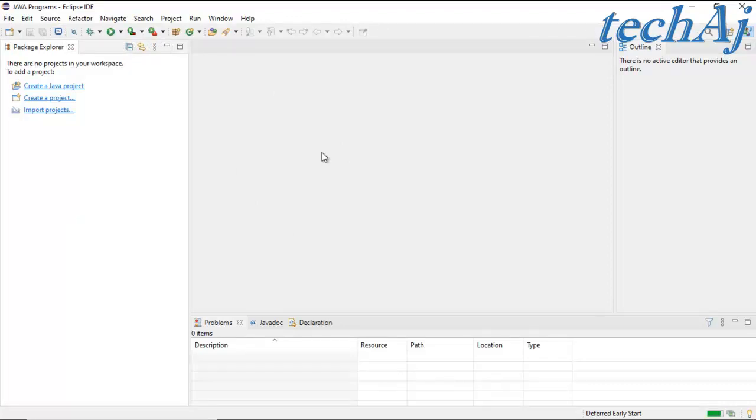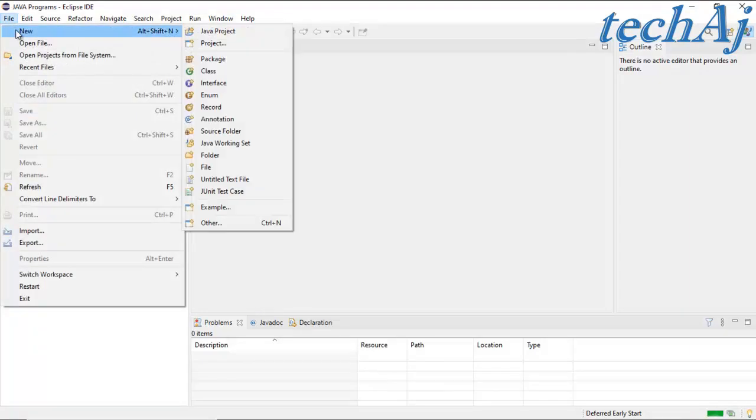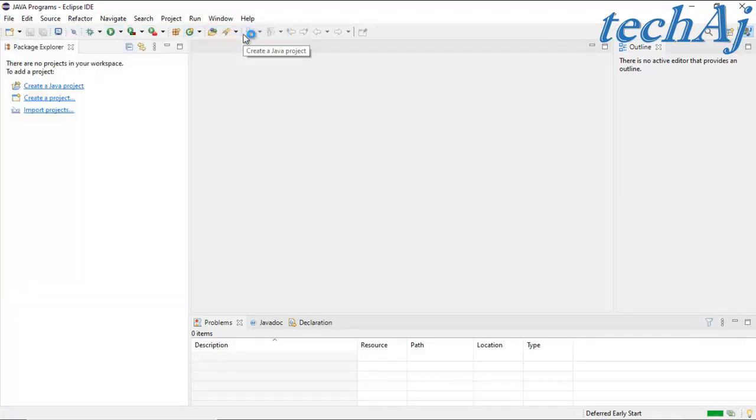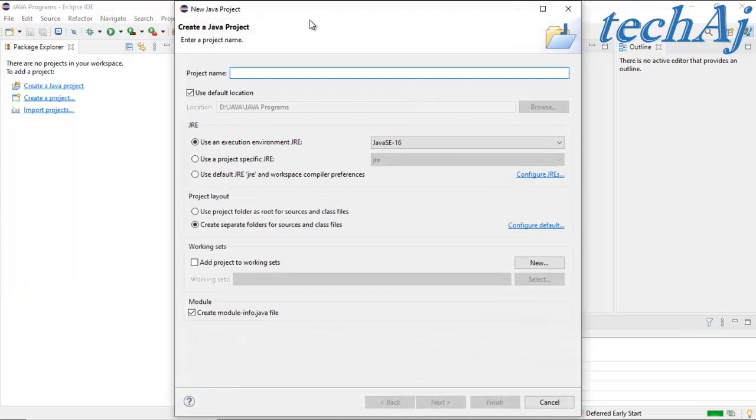Now to create a project, go to File, New, and select Java Project. It will open a new window where we have to give some name to the project. As this is our first project, we'll give the name first.